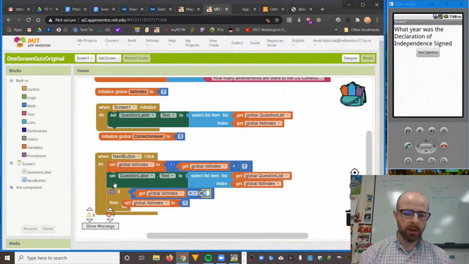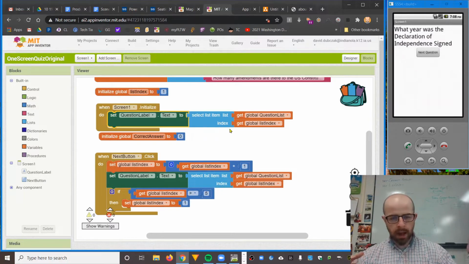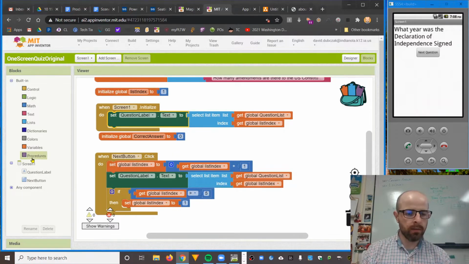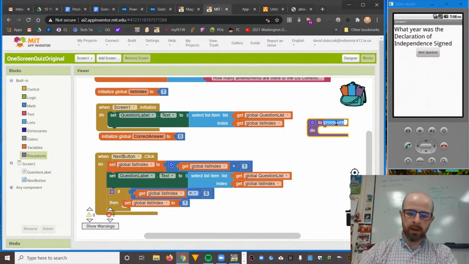Now, if you look here, you see that I have the exact same code in two different places. Update my label text to my list and my list index. It's the exact same code in two places. I'm going to actually be writing a lot more, and I want all of that to go in multiple places. When you have that, you use what's called a procedure. So I'm going to make a procedure called update